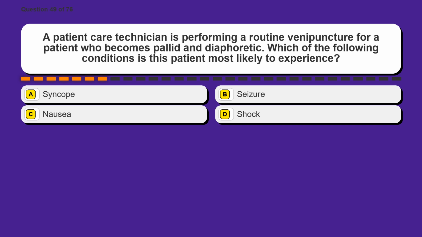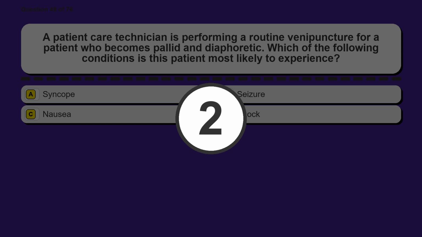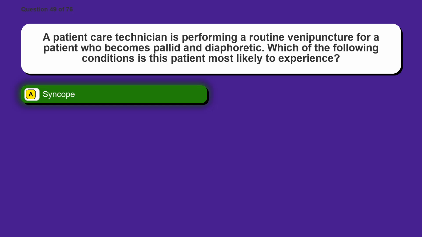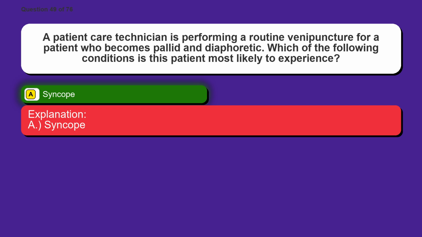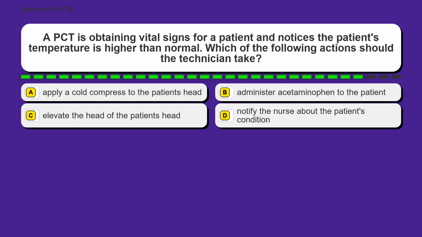Option A, syncope. Option B, seizure. Option C, nausea. Option D, shock. The correct answer is option A, syncope. Question 50. A PCT is obtaining vital signs for a patient and notices the patient's temperature is higher